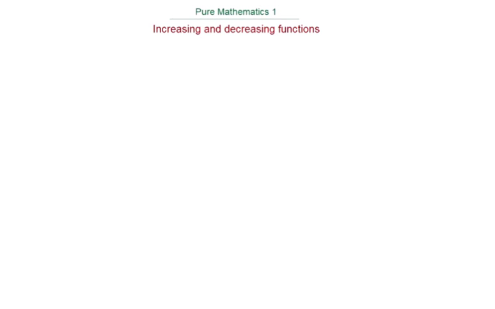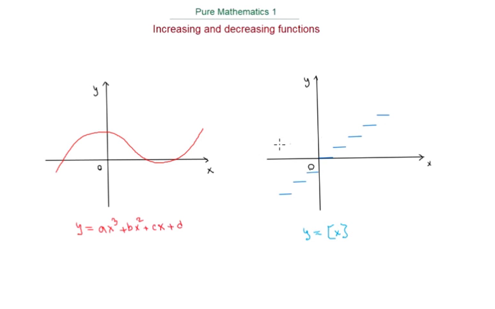In this lesson, we'll talk about increasing and decreasing functions, and we'll address the functions that we call continuous, which are the types of functions that we'll be working with in Pure Mathematics 1. To give an example of continuous functions and functions that are not continuous, we will take a look at the graph of two functions. One is y equals ax cubed plus bx squared plus cx plus d, where a is a non-negative real number, and this is what they generally look like, and one is y equals the integer part